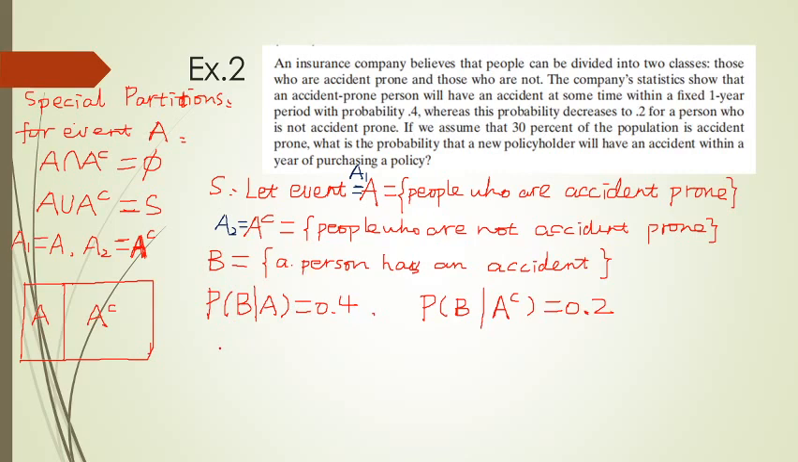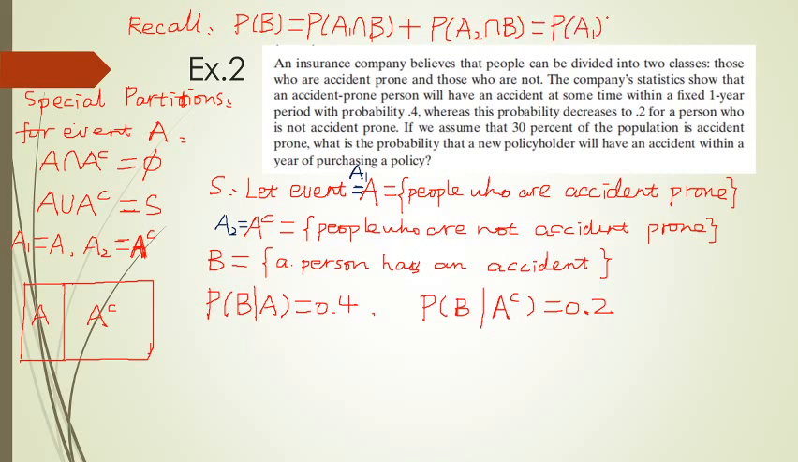Now, according to the total probability theorem, let's recall it. Since we have two partitions, it becomes much easier to represent. That will be P(A1 ∩ B) + P(A2 ∩ B), right? And how can we express the intersection as a conditional probability? P(A1) times the conditional probability P(B given A1), and plus